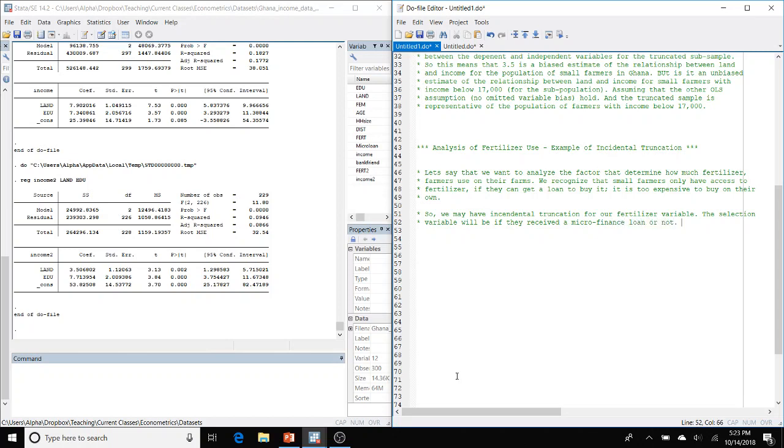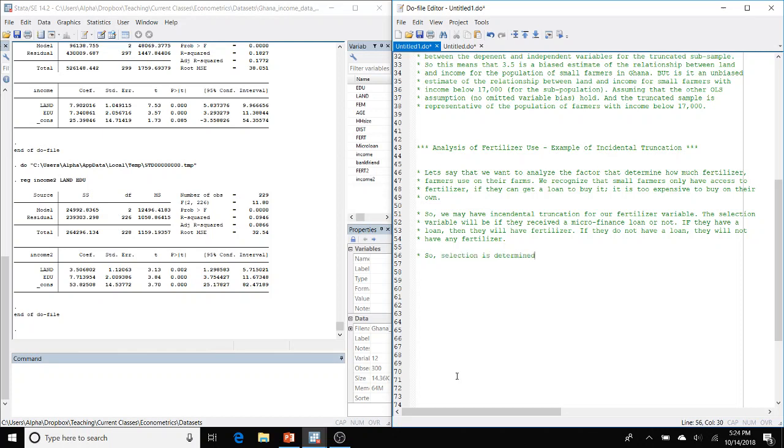Okay, so if they have a loan, then they will have fertilizer. If they do not have a loan, they will not have any fertilizer. Okay. All right. So selection